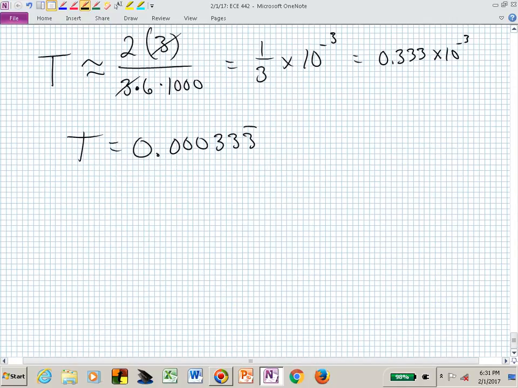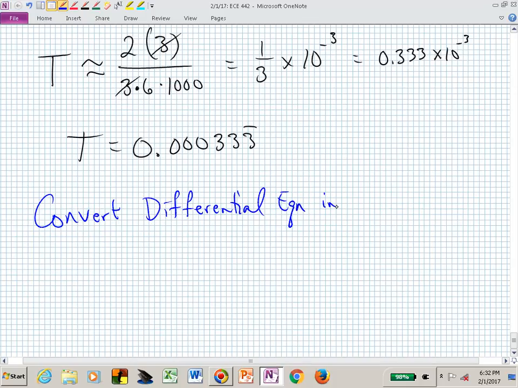So now let's convert the differential equation, that first order differential equation, into a difference equation using this crude approximation of the derivative. Convert the differential equation, and now I need to spell some of this out, because if I said DIFF, you'd go, is that differential or difference? So it's differential equation, I can abbreviate that, into a difference equation,